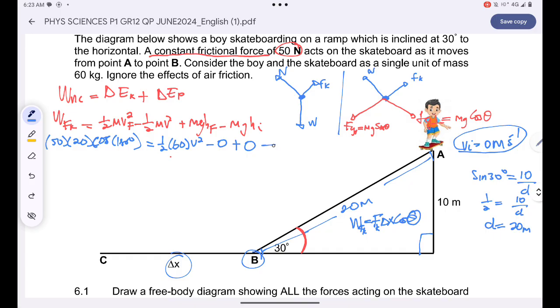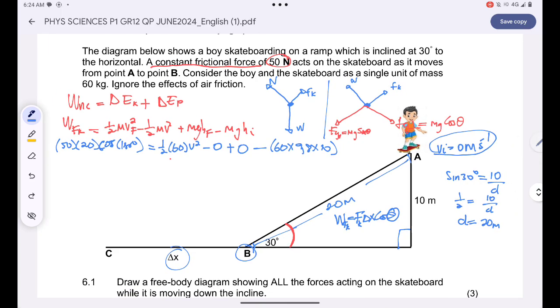Plus 0 minus, and then the initial potential energy, that's basically 60 multiplied by g multiplied by height. The height was just 10 meters, right? And then on the left hand side, I'll have 50 multiplied by 20 multiplied by cos 180. That's basically negative 1000 is equal to 30 v squared. And then I'll have 60 multiplied by 9.8 multiplied by 10